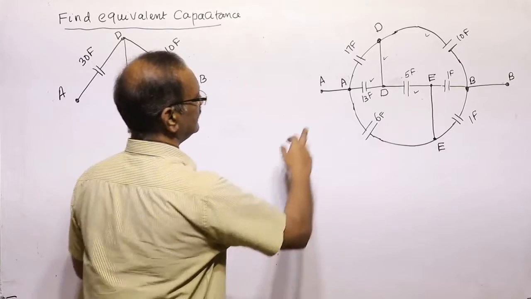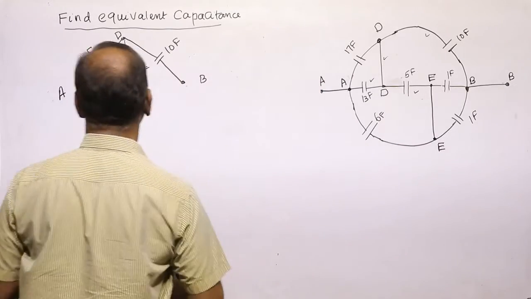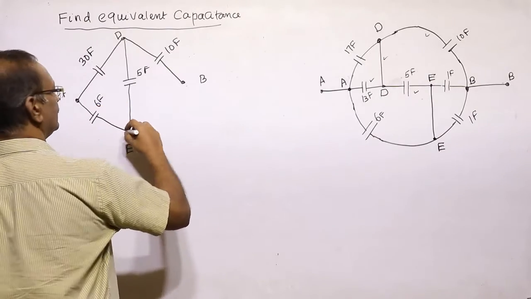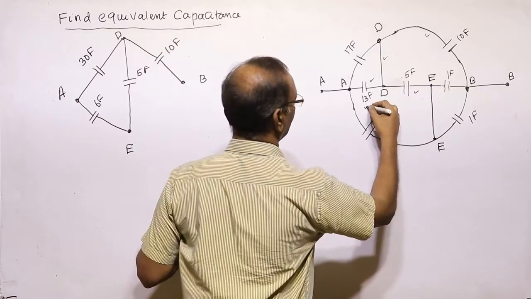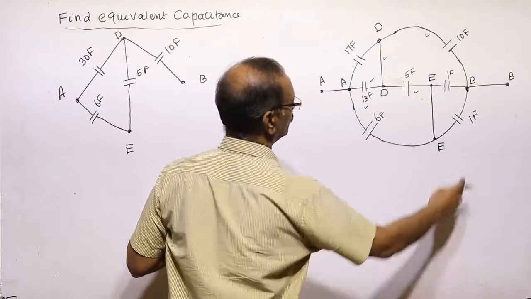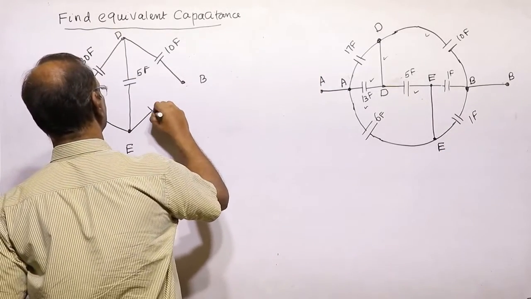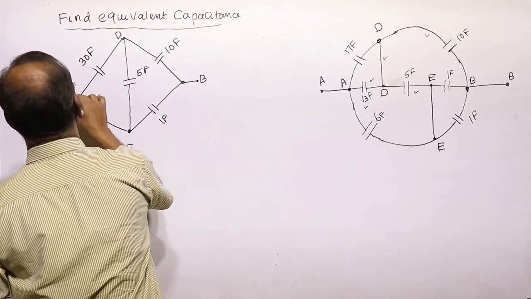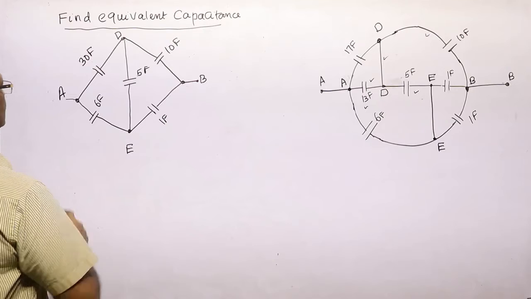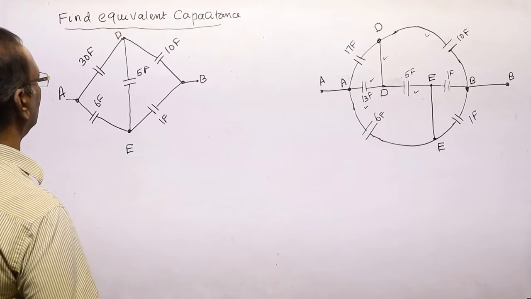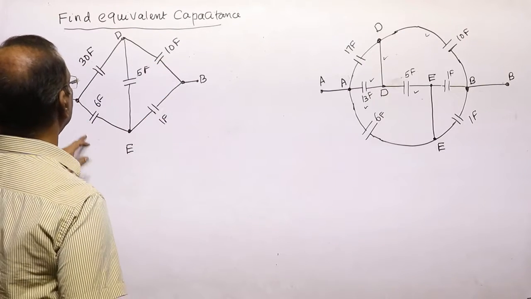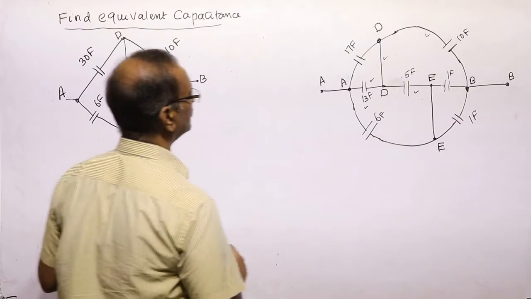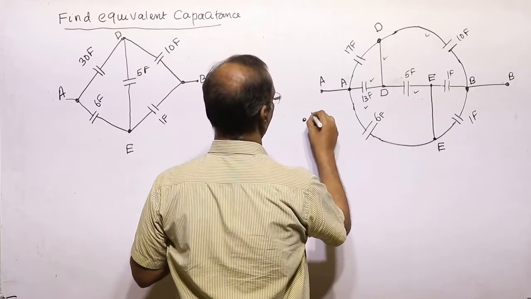Then what about A to E? A to E, there is a capacitor of 6 farad. So this also we have calculated. And E to B, there is 1 farad. So we have formed the bridge now. Whether this is a balanced Wheatstone bridge or not, let us see. This divided by this should be equal to this divided by this. No, oh sorry. Here between E to B,